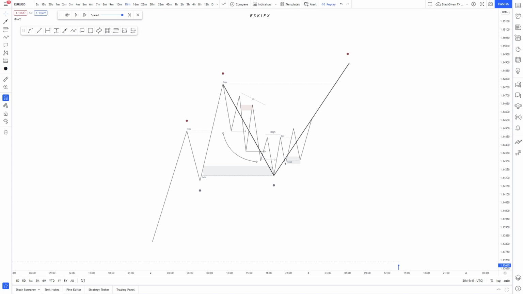Okay, so as supply and demand smart money traders at Black Swan, we believe that in every single market there is an entity that controls price, and we can call them the composite operator. It's their job to manipulate price and move price to predetermined pricing levels, in line with their broader economic objectives. And the problem for them is that they have so much capital to inject into the market, they simply can't just